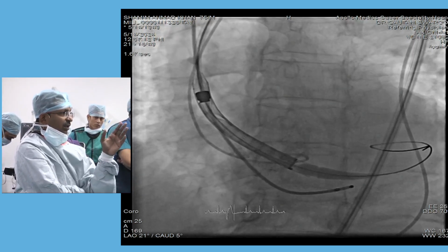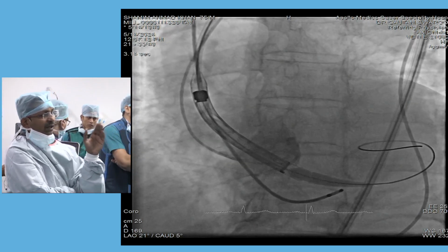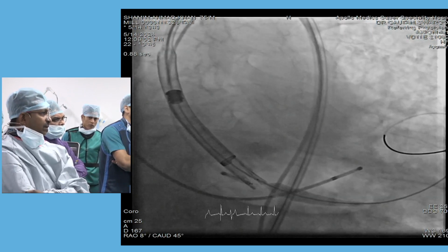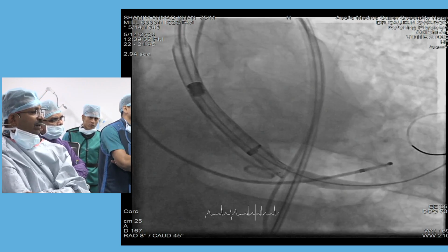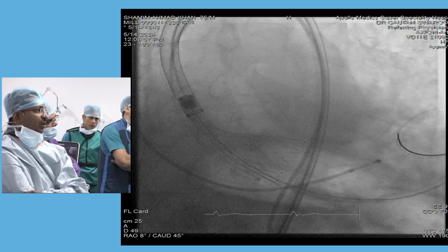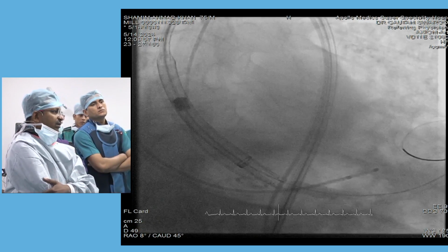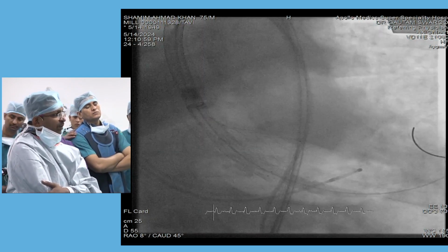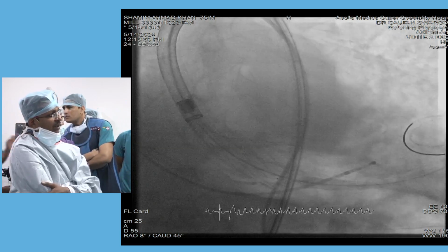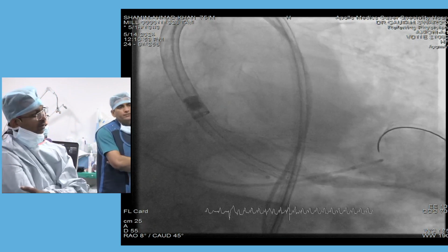You can appreciate that the black marker is seated at the base of the pigtail. This is the marker of the Evolute FX. At this point we began the opening of the Evolute FX, very slowly. At this point the valve was not disconnected, and we checked the echo, and the echo shows